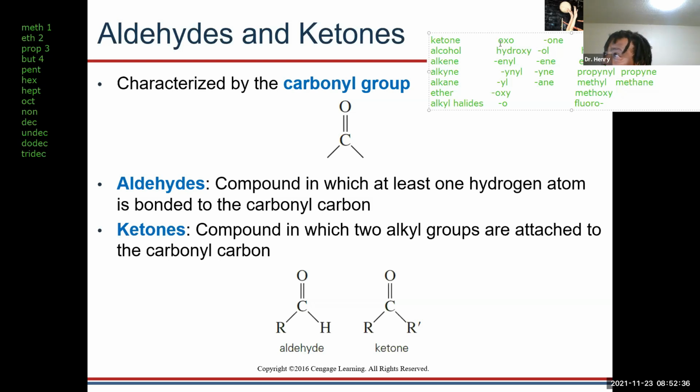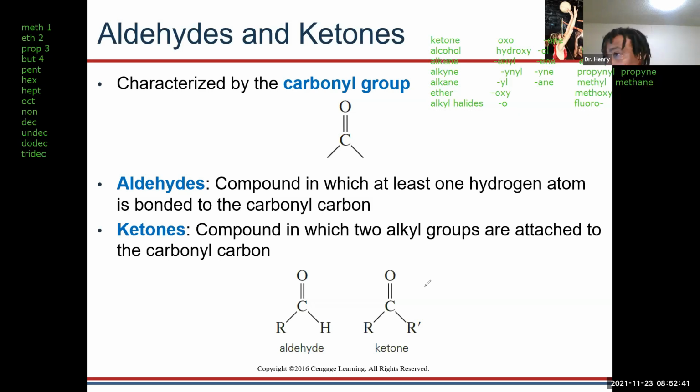So let me give you an example. Okay, so ketones have this structure. So this guy is called a carbonyl group. So it's a double bond between an oxygen and a carbon, and then you have hydrocarbons either on the other side, or you could have a hydrogen. So an example of this, okay, so we would call this guy